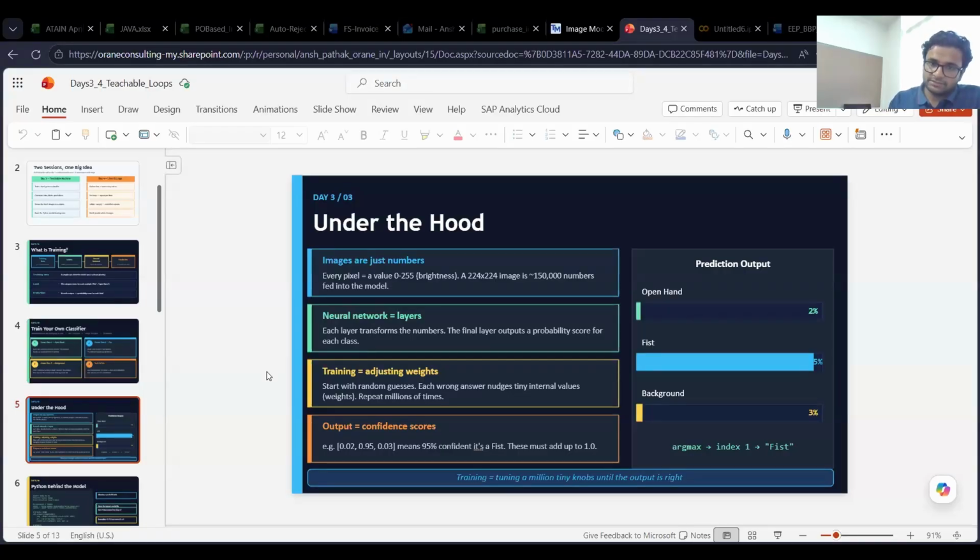Each layer transforms the numbers, and then a final layer gives us a probability score for each individual class. So behind the scenes, it just identifies the probability that the current input being thrown at it belongs to a particular class. That's it. It's making a guess as per the training model, nothing else.